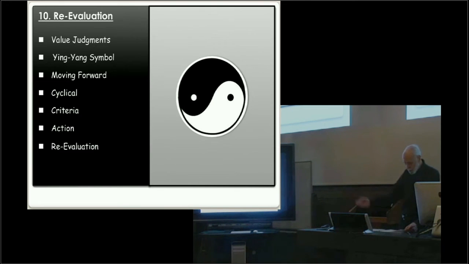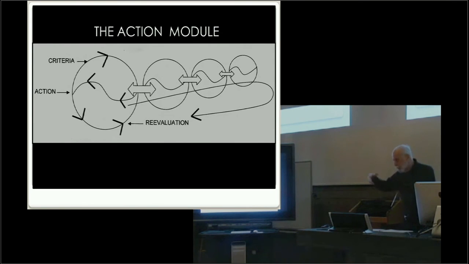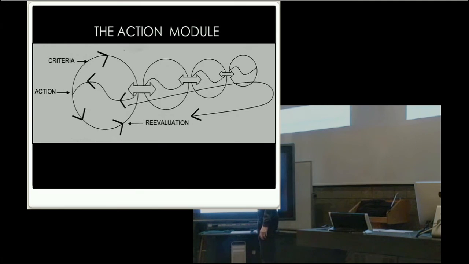When making value judgments about the various resources uncovered during the process, I view the process functioning like a series of yin-yang bubbles, and I call it the action module. It moves forward, but it's also moving backwards. It's reevaluating. So you have your criteria, where your basic elements that I have been talking about,